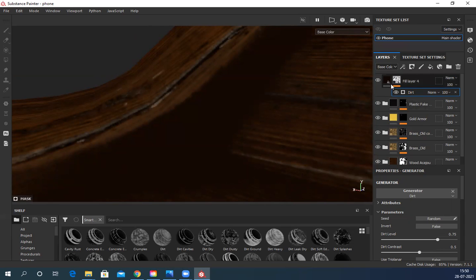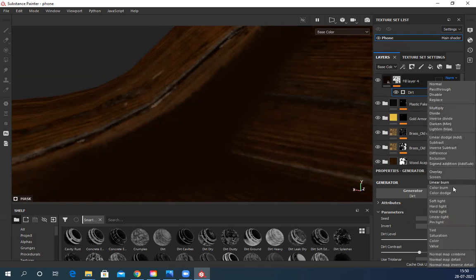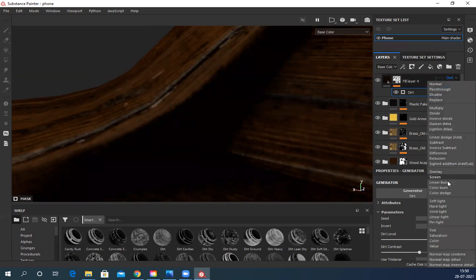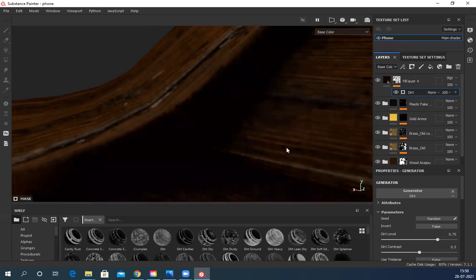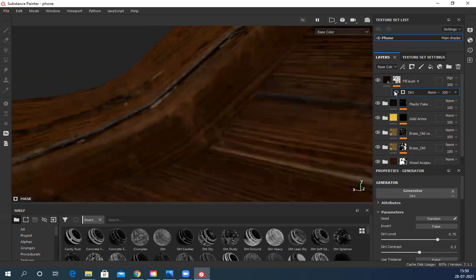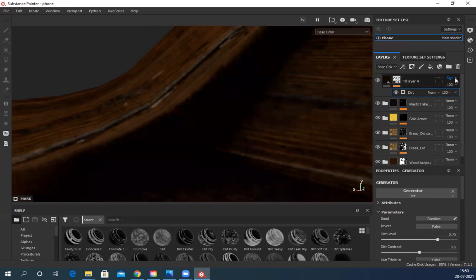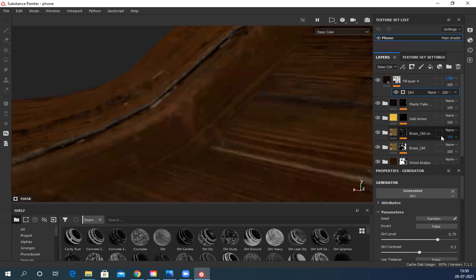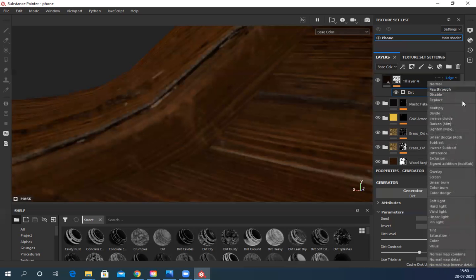So what I'll do is, this base color, I'll change this normal to maybe soft light or some other mode. Yeah, soft light, but still soft light is not very nice. Let's see. Dodge makes it lighter. I don't want it to be light.